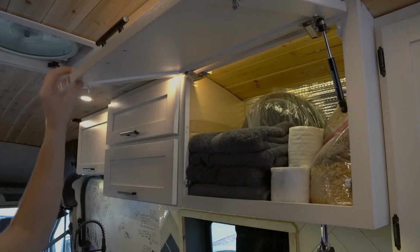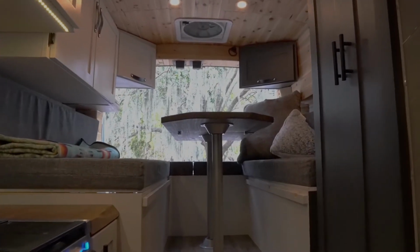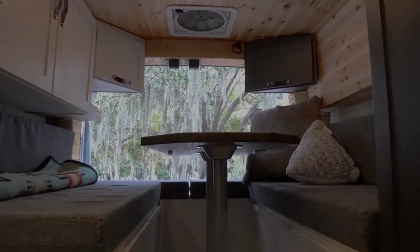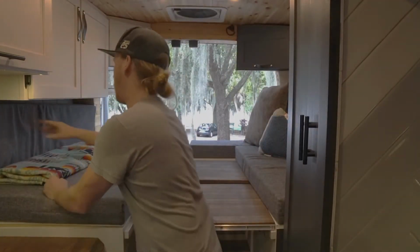Alright, time to move to the rear of the van. So in this van, I decided to do a dinette convertible layout. So basically you can seat 4 people around a convertible table comfortably. And the way that works is basically you just move the 2 center cushions